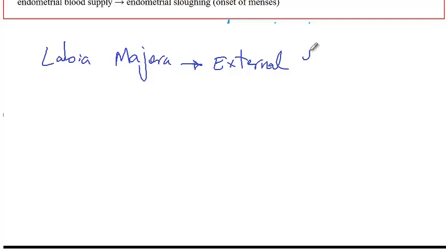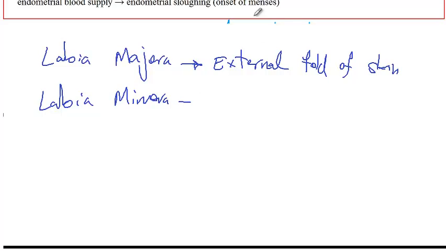So now let's review the external genitalia of females. So external genitalia includes labia majora, which are external folds of skin. Then we have labia minora, which are actually longitudinal folds that are in between labia majora. So these are also folds of skin that are in between labia majora. Then we have the clitoris,